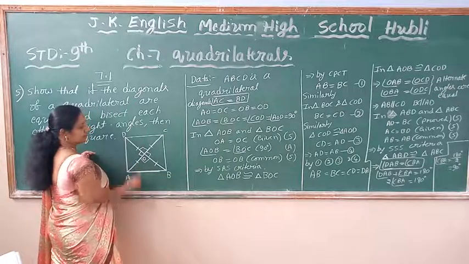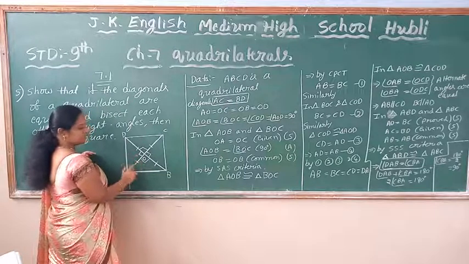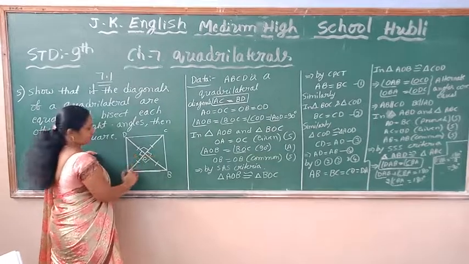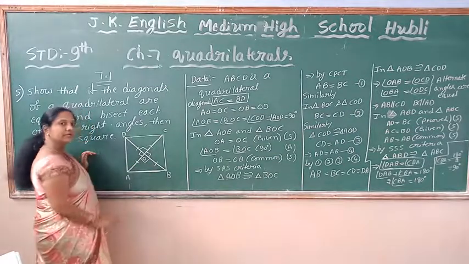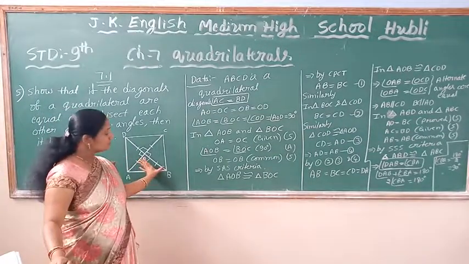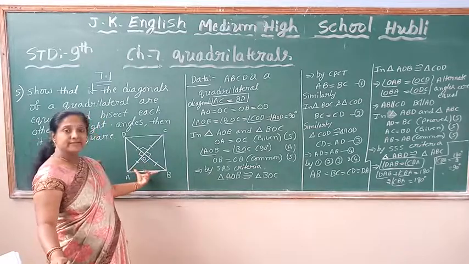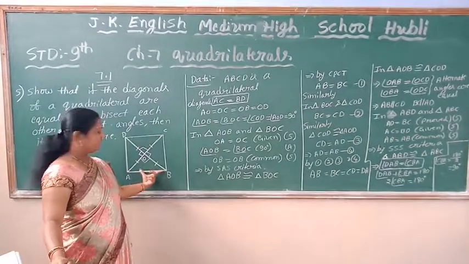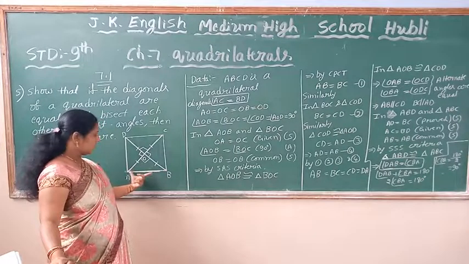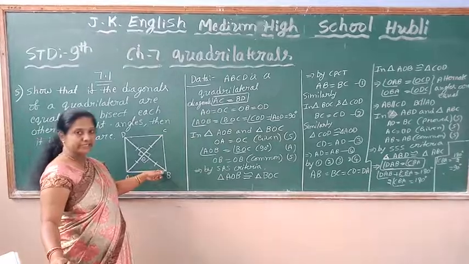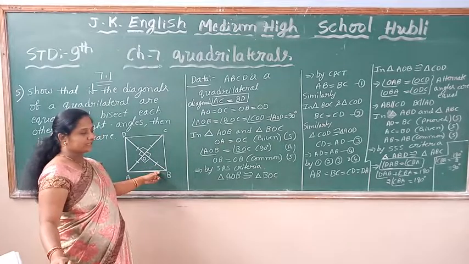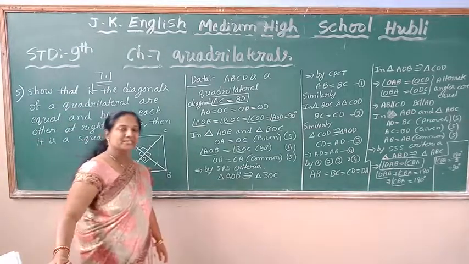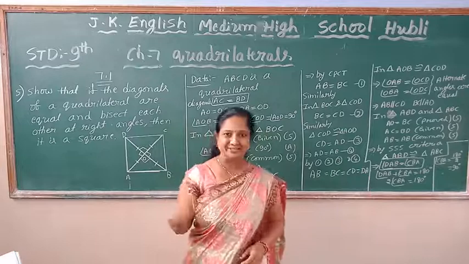both the triangles, students. So therefore, by SSS criteria, these two triangles are congruent. If these two triangles are congruent, then the corresponding angles, these two angles, are equal. Therefore, these angles are equal and both the angles are standing on the same line. So the sum of these two angles is equal to 180 degrees. Then these two angles are equal, meaning twice the angle of any one is equal to 180 degrees, so each becomes 90 degrees. So one angle I put 90 degrees, then it becomes the square. So first do it in this manner. I put in the right angle.